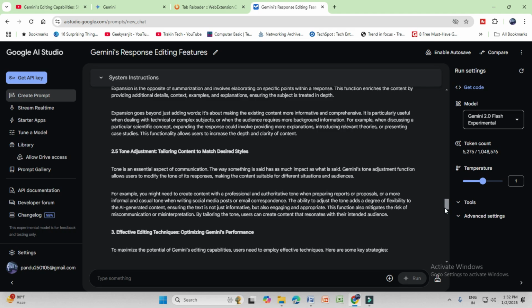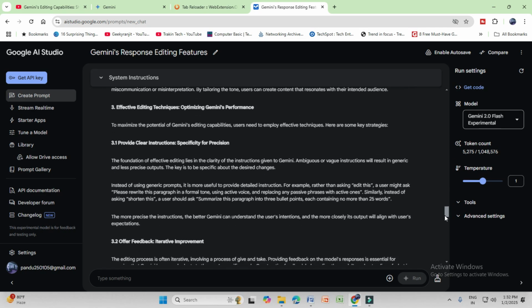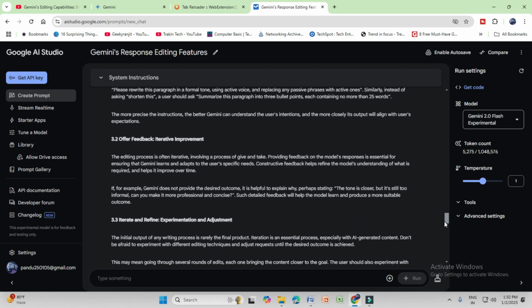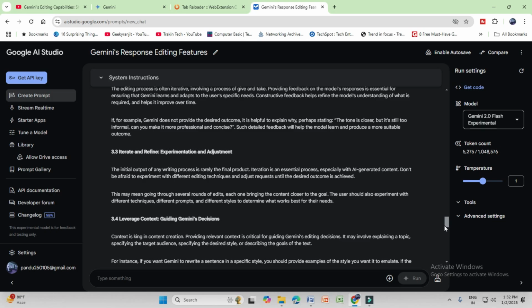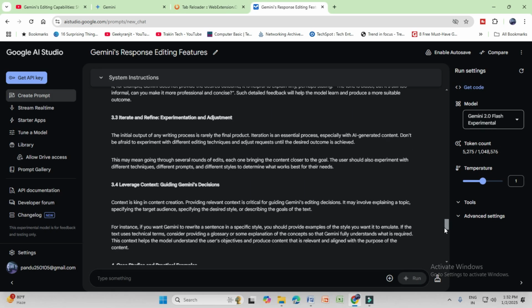To adjust tone, content, match desired styles, effective editing techniques, optimize Gemini performance. The offer feedback, the iterative process, the iterate and identify explanation of adjustment, average contents guidelines, Gemini's decisions,